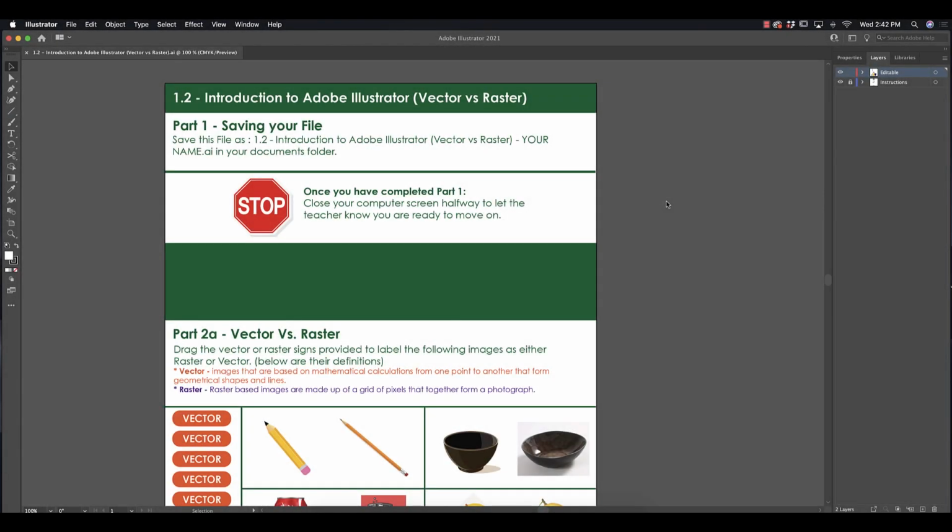So for today, for our first part of activity, we're going to focus on learning how to download our file, open our file in Illustrator, and make sure we save our file in the correct folder. Since you're likely sharing laptops or maybe working on multiple computers, you're going to want to save your files really specifically so you can find them in the future, you can save them, and you can access them at the